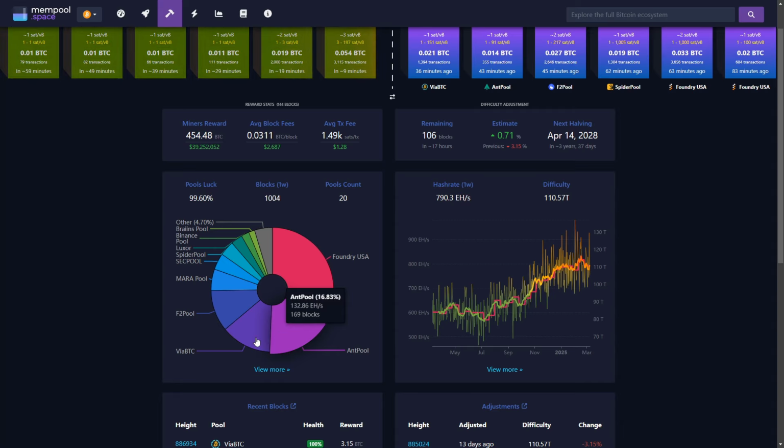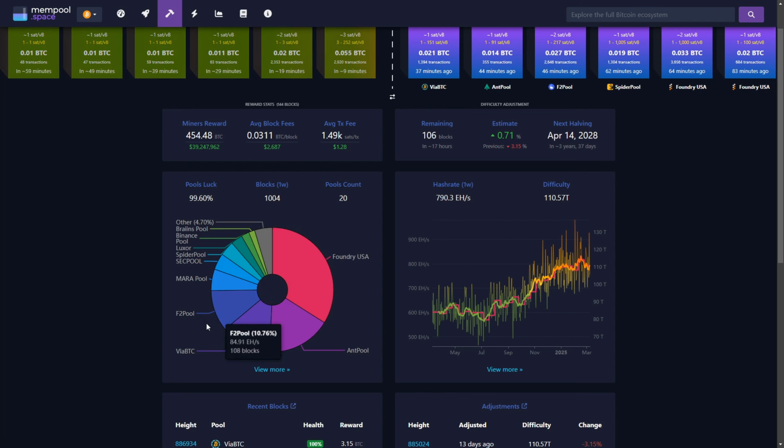Actually, I think I'm mistaken here. Oh, no. I think via BTC, I think they are Chinese. Yeah. Never mind. I was right. Yeah, these 3 are all Chinese pools. And they have 16%, 13%, and 10% of the overall hash rate. So, also very large. The US and China control a majority of the blocks that go through